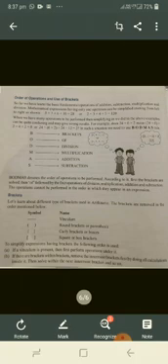If the expression has more fundamental operations, for example, see down they have given 24 divided by 6 into 2. In that expression, division is there, multiplication is there. First what you have to do, then you will get doubt and you will get wrong results. Okay, in situations like that you have to use the BODMAS rule. BODMAS means B for brackets, O for of, D for division, M for multiplication, A for addition, S for subtraction.